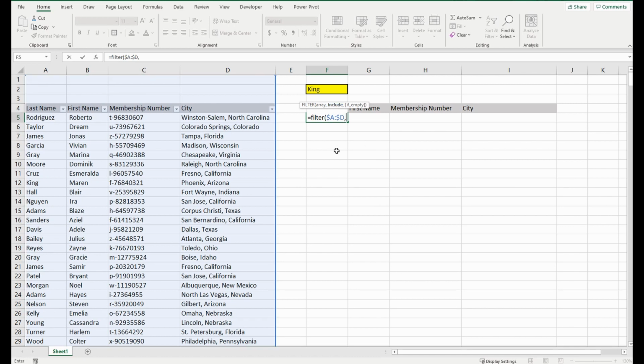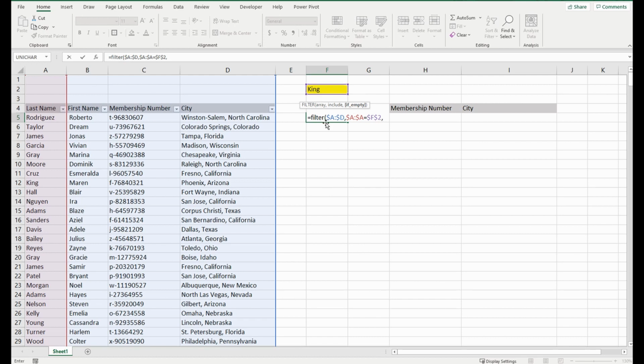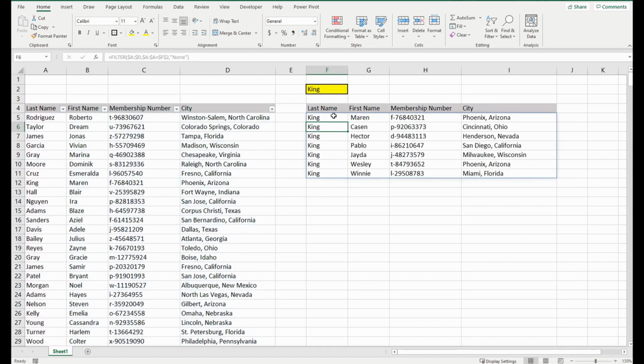And we want to include all the last names of King, so we're going to select the column of last names, which is A, and lock it with F4, and we want that to equal the search cell, which is F2. Again, I'll lock that with F4, and comma. The last part you want to do: if it can't find the name King at all, we'll bring back the words "maybe none", and press enter. And there you go, you can see that the 7 Kings have appeared,